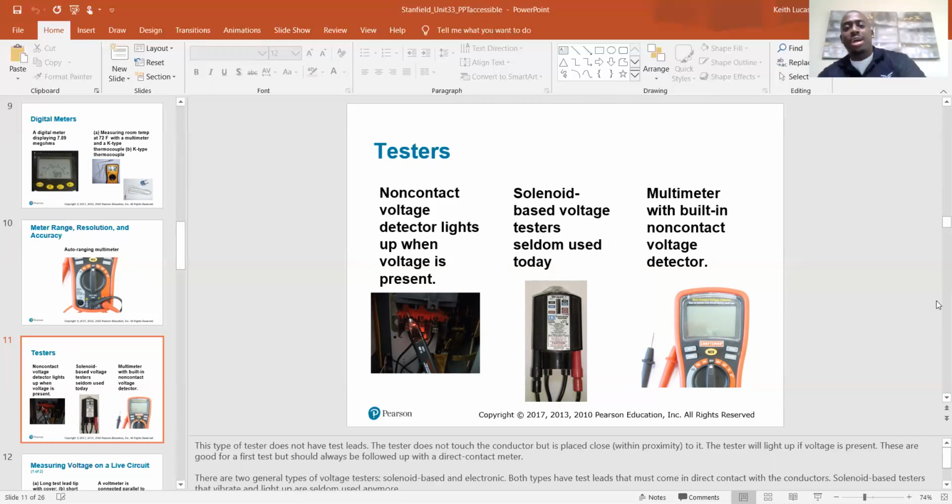So the non-contact voltage testers, you can see a small picture of it right here. And a lot of guys like them. They're small, they fit in your pocket like a large pen or a marker, and you can just pull them out, and they call them receptacle testers. And you just put it up to the receptacle to see if it's live or dead. So my meter actually does that. So rather than having a separate tool just to do that, I could just pull out my same meter,